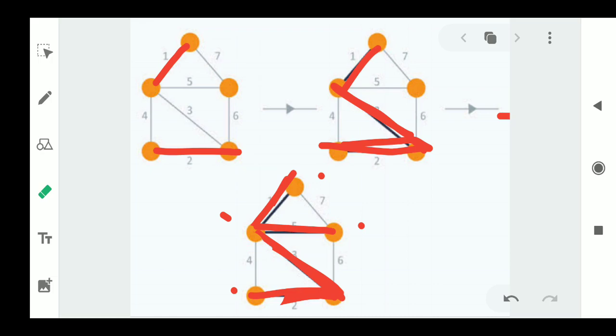So what is the difference between Prim's algorithm and Kruskal's algorithm? In Prim's algorithm, each and every edge will get selected by taking the adjacent ones. We will start from one vertex. From there onwards, we will compare the adjacent edges. Which one is having the least cost edge? We will select that particular edge. And from there onwards, again we will see the adjacent edges like that. So the algorithm continues by taking the adjacent ones. There also, if a circuit forms, we will not take that edge, and we will continue with the other neighbor edges.